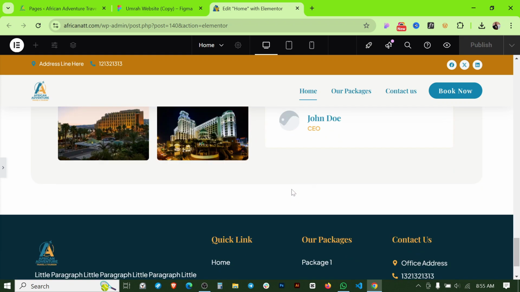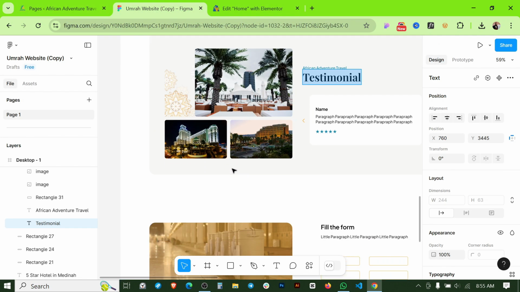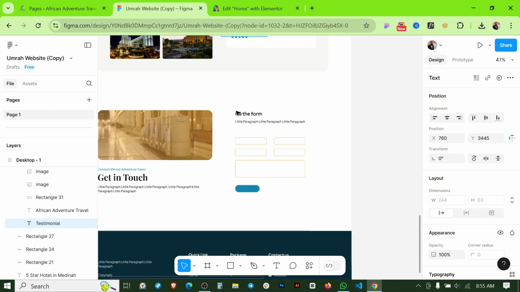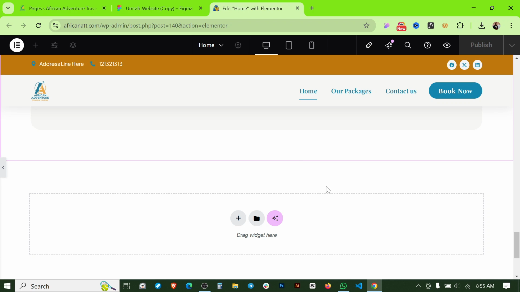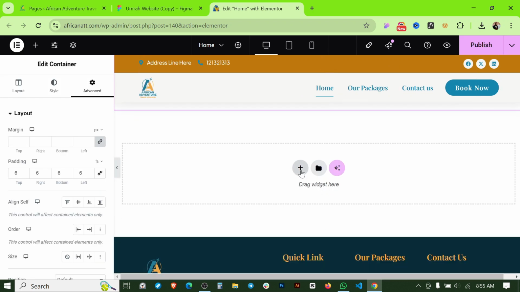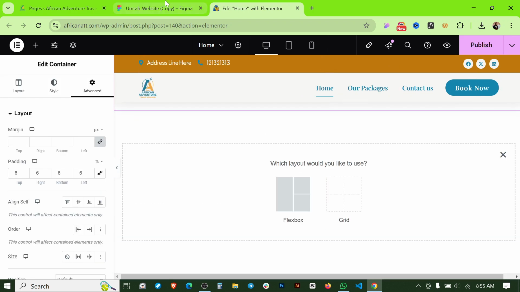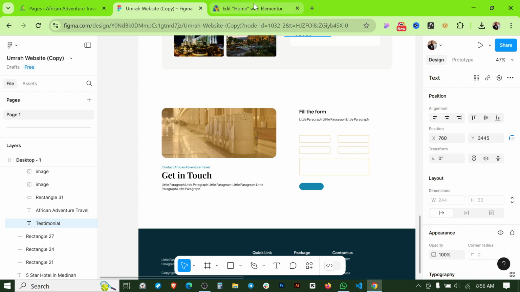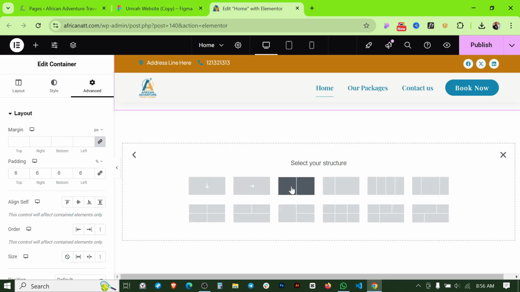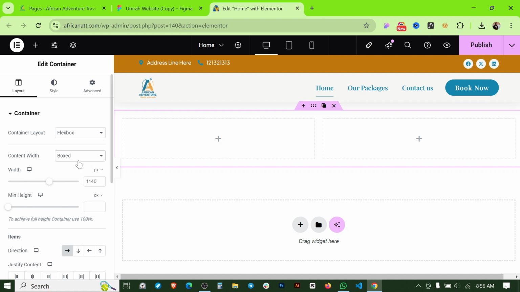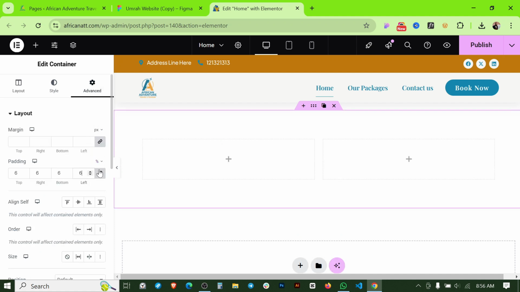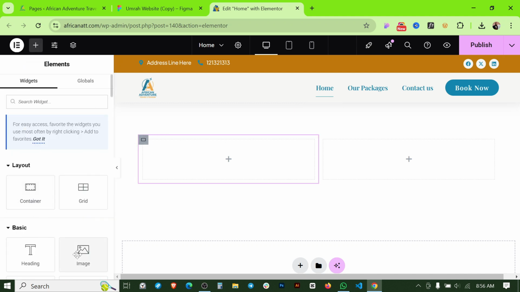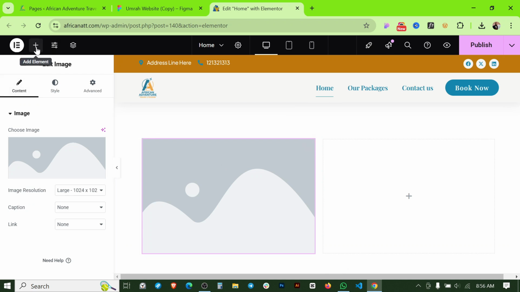Okay, this is good. And now we are going for the next section, the contact us form section. If I click here and let's click this, here is also in the 2 column section, we can create this one. And if I click on full width and let's go for 6% everywhere, and here at the left hand side we can put an image, and we can put